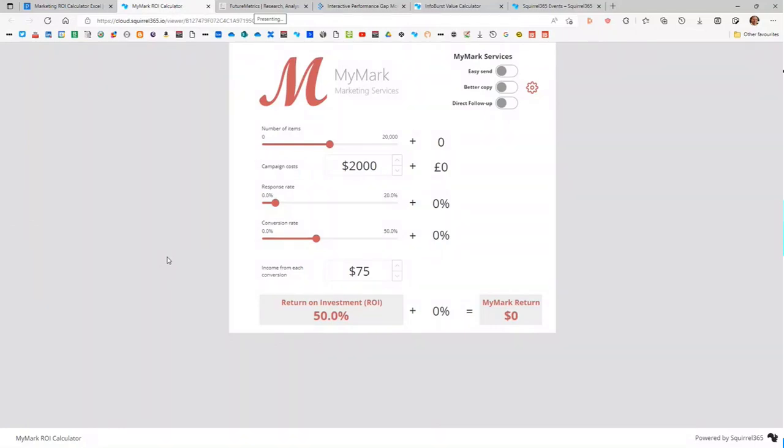So let's start with today's example, which is this one here. This is one that I have created from a spreadsheet I found online. I'll talk you through that in a minute, but it's about a fictitious company called MyMark, and they offer marketing services. And this area down here to the left of the plus signs is just a basic ROI calculator for a typical campaign, sending out a number of items, what the cost of the campaign is,